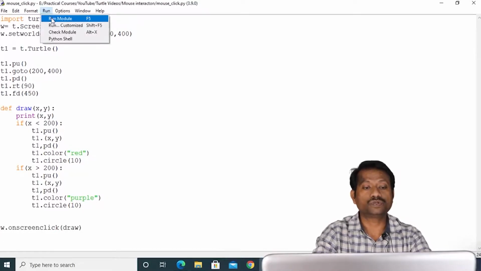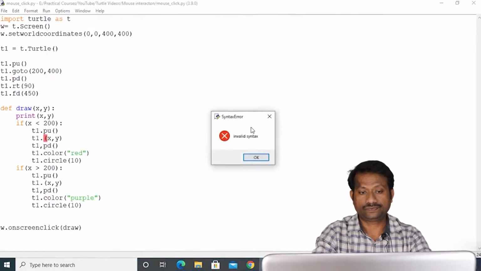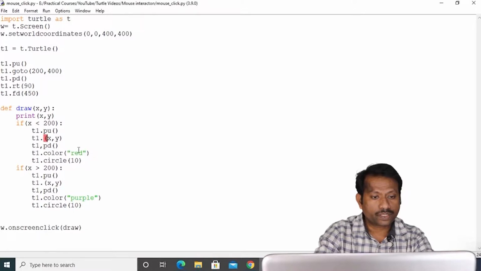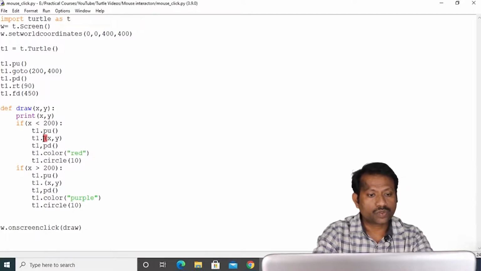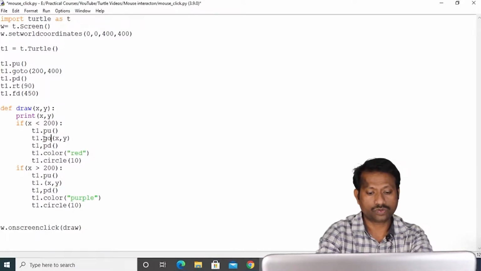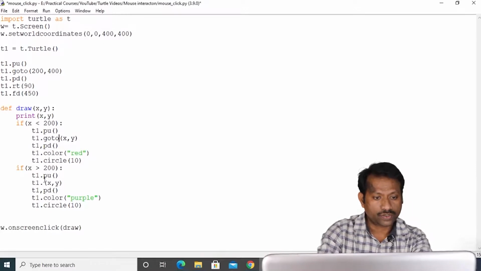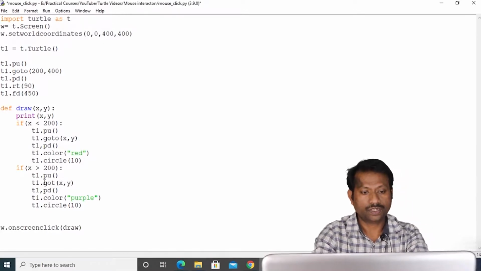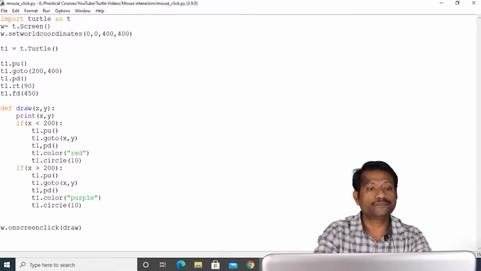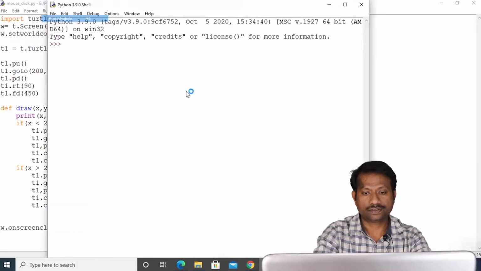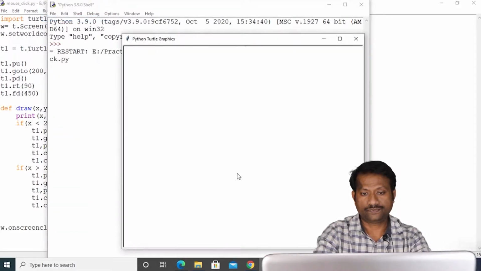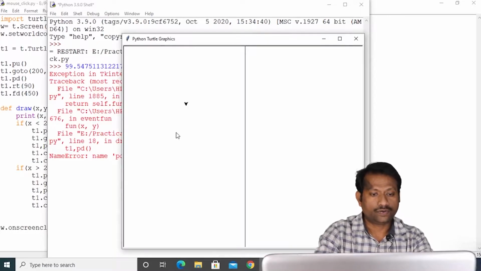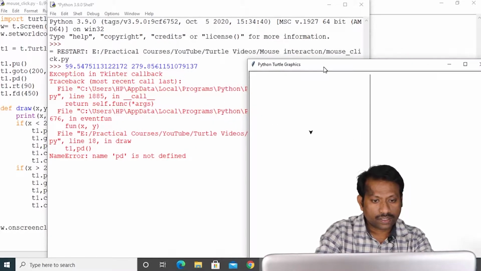So let me run this code. The command should be goto. I forgot to write goto. Here it should be goto. Now let me run this code. Now if I click here, oh yeah, what? pd is not defined.